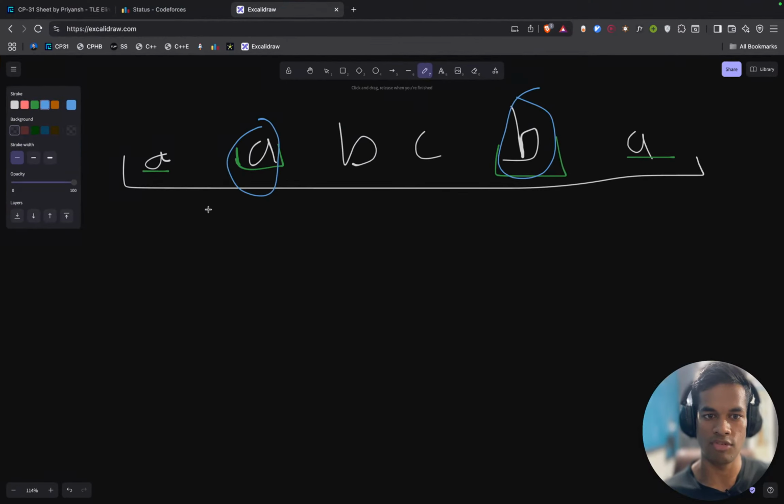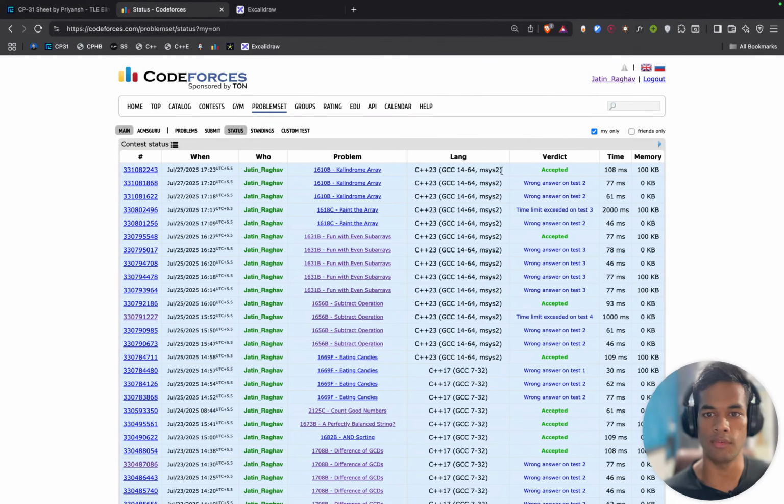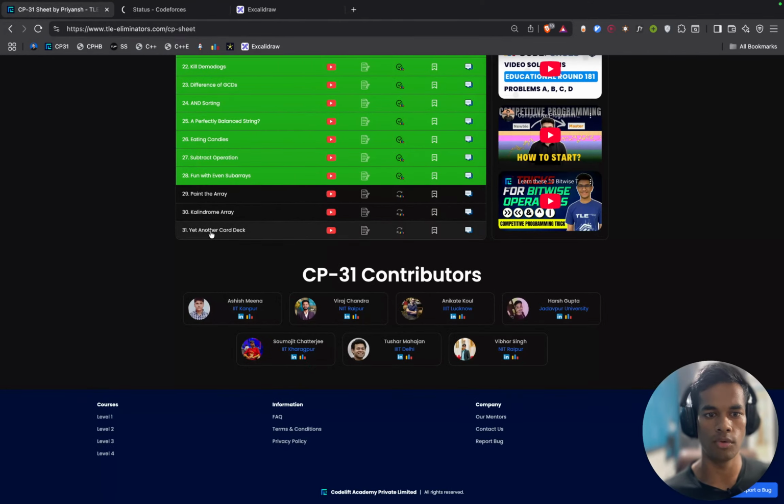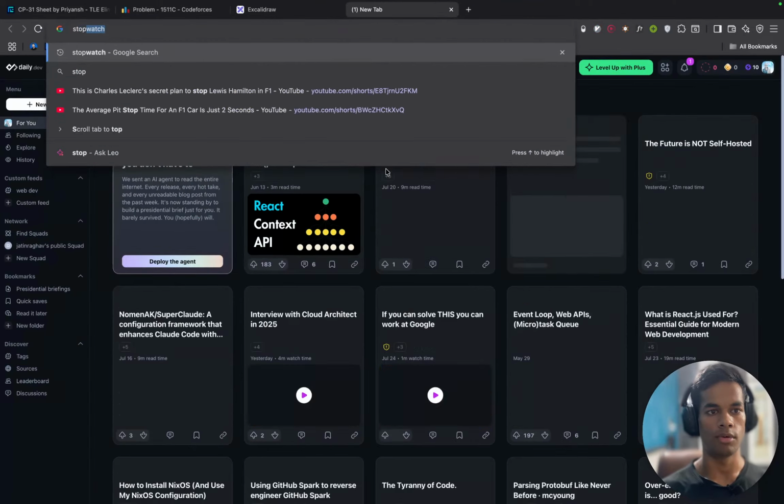I first check if this thing is a palindrome once I remove all the A's from the whole thing, and then I check, is this thing a palindrome once I remove all the B's from the string. If it is a palindrome in either one of those cases, then we output yes, otherwise we output no. So this one was cool, and I can go to the next one.